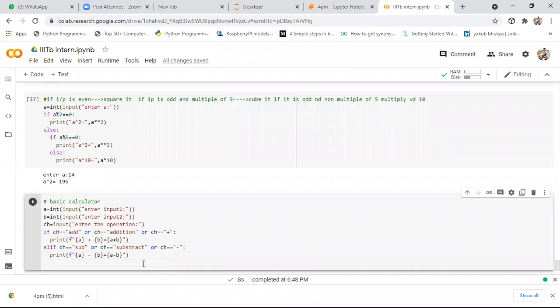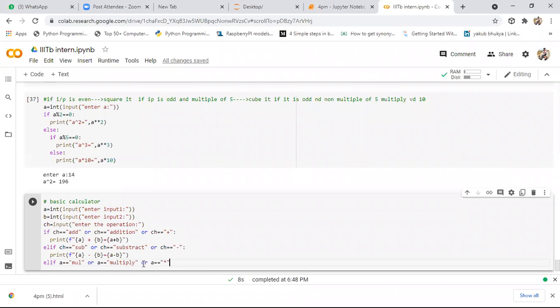Okay. Now simply if you say elif a equals to mul, or a equals to multiply, or a equals to into symbol.